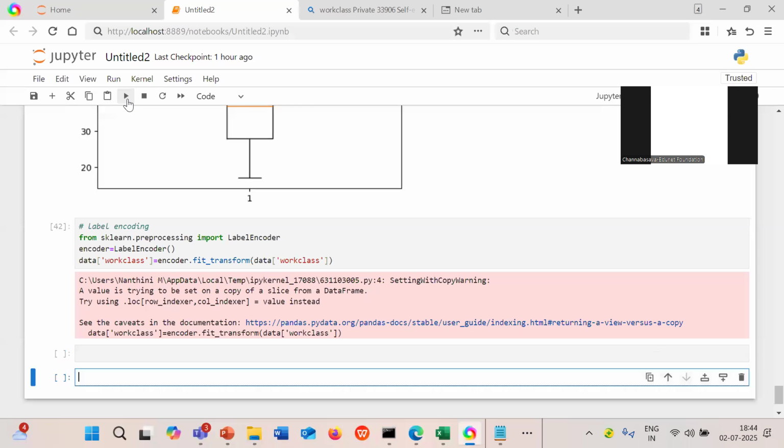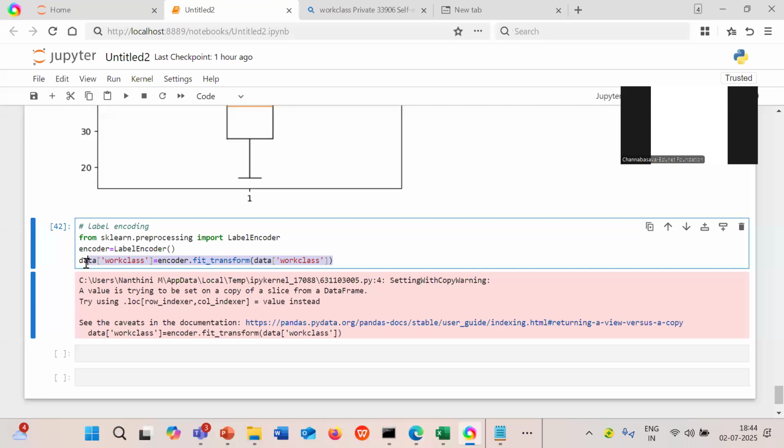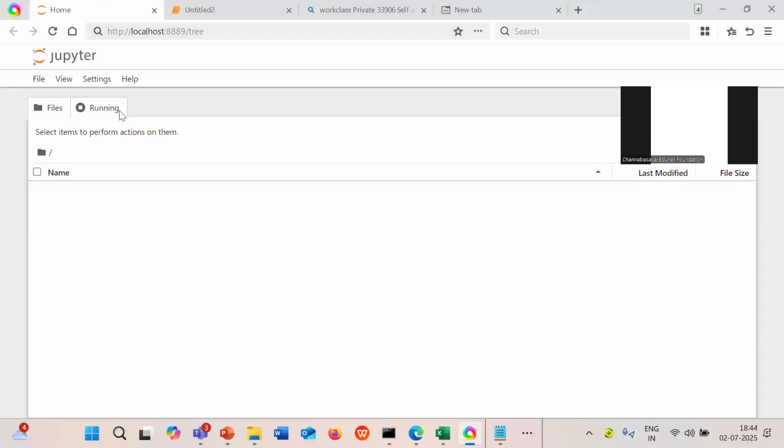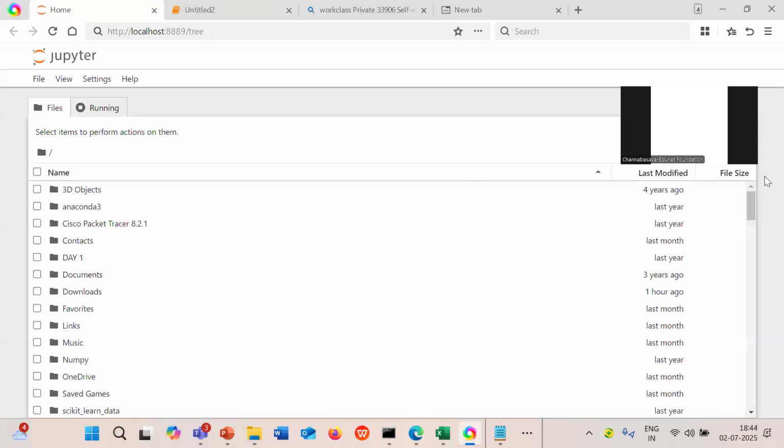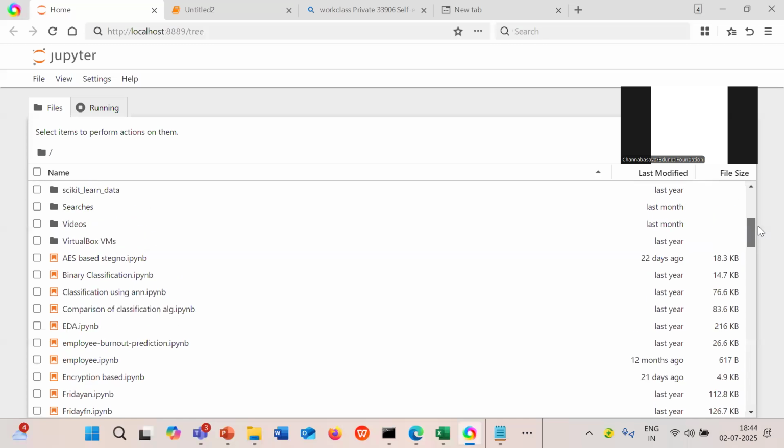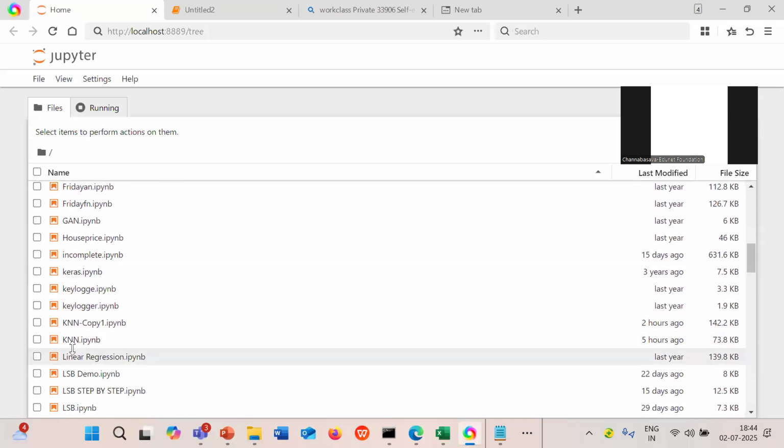Okay, this is just a warning, no problem. Similarly, you have to do it for all the columns. Let me just show you that quickly. I think you are all clear up to this, right? So I'll just show you the entire part.